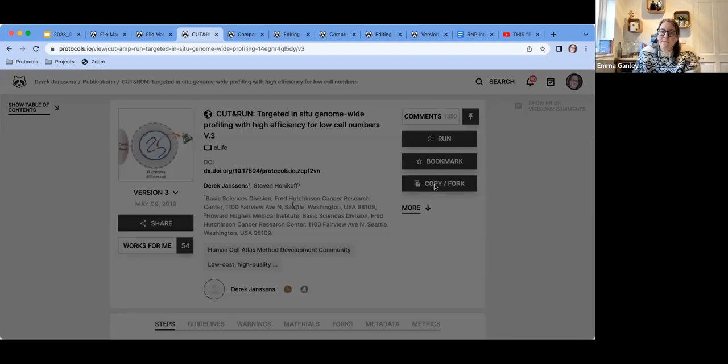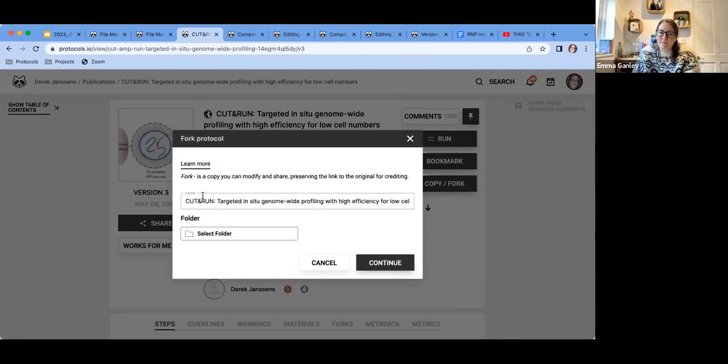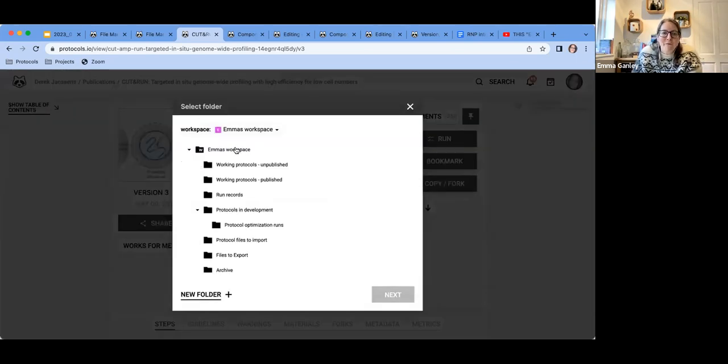On that protocol, you can come along and make a fork. So fork is a copy that you can modify and share, and it preserves a link to the original for crediting. I can make a copy of this because I have super user powers within protocols.io, but normally only the owner of the protocol can make a copy direct. So most of you would only be able to make a fork. So I'm going to call this Emma's copy of, typing's going to pop, need more coffee, and we'll pop that back in my workspace, and